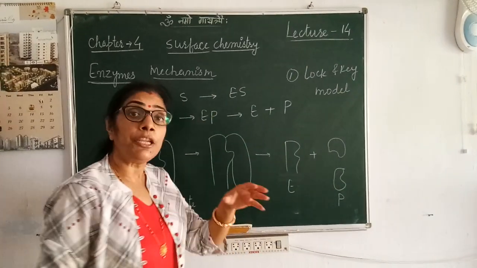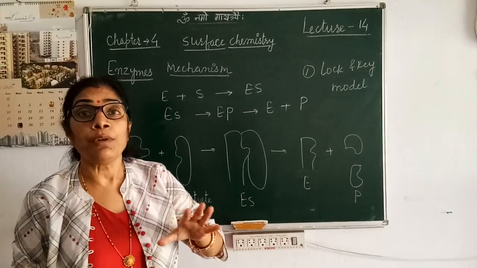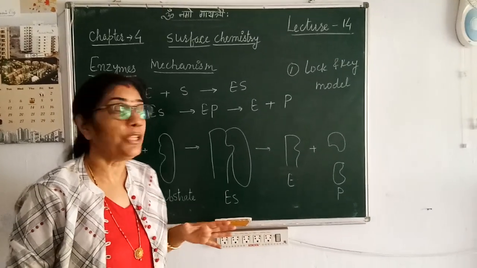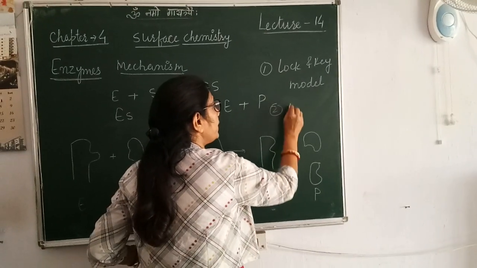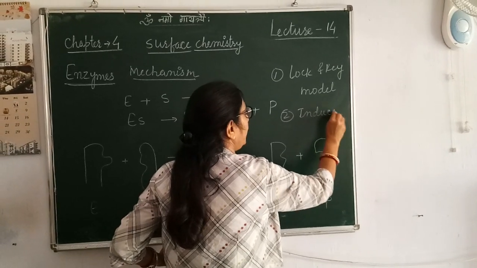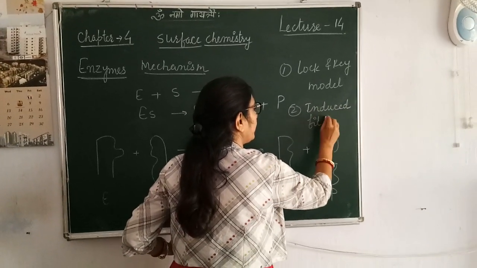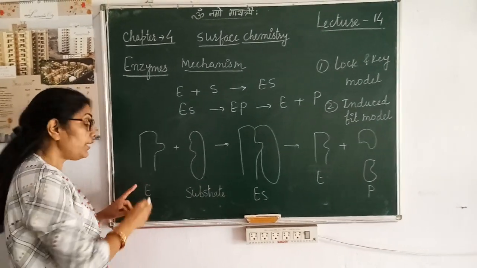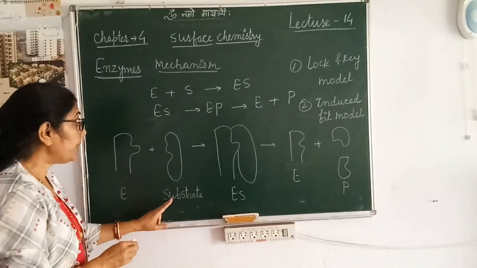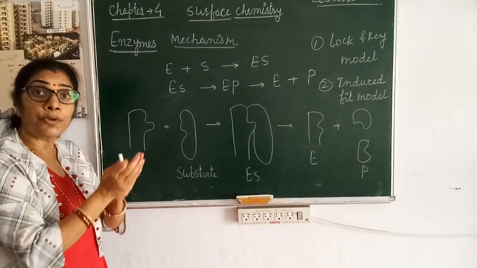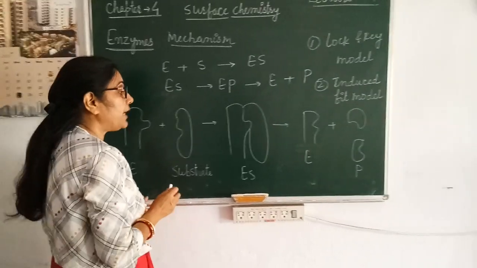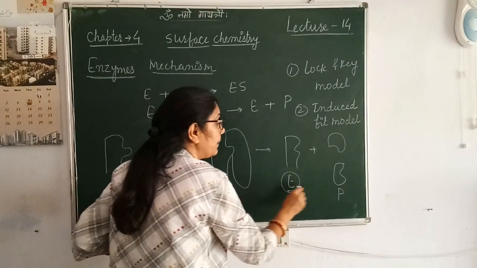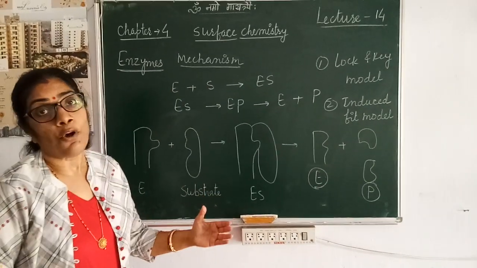As we say that a particular key can open a particular lock, likewise a particular enzyme can activate or specify a particular reaction. And the second one is induced fit model. Okay, so here diagrammatically you can see that when enzyme reacts with substrate, their shape should be in such a way so that they can react and coincide with each other. This is enzyme substrate complex, and further enzyme is separated and the products are formed.